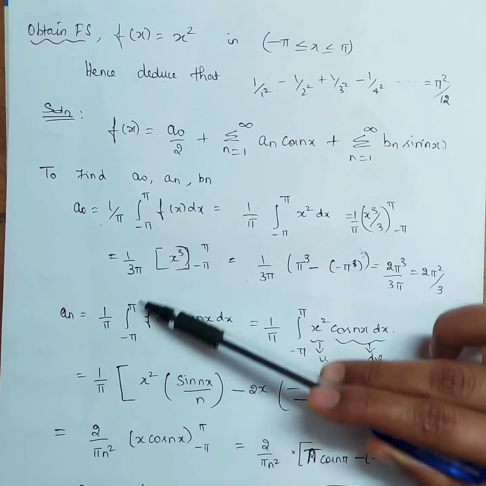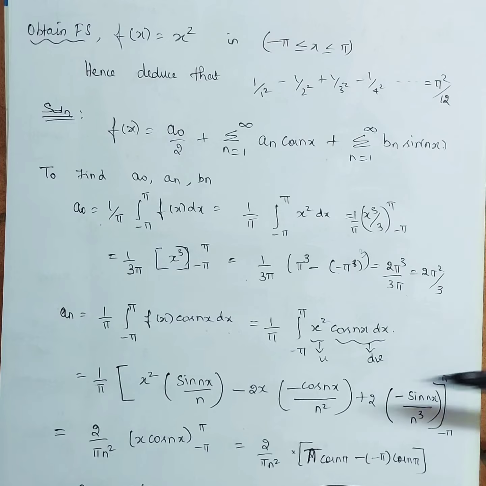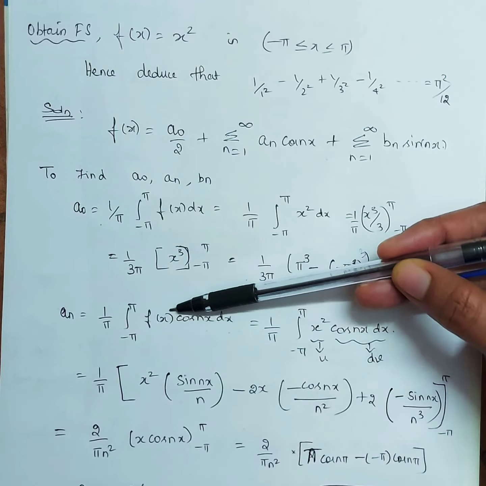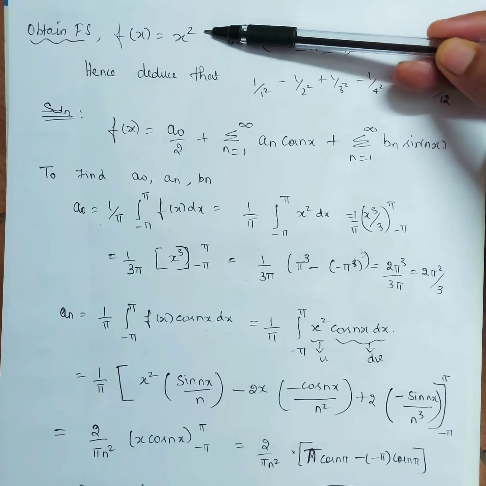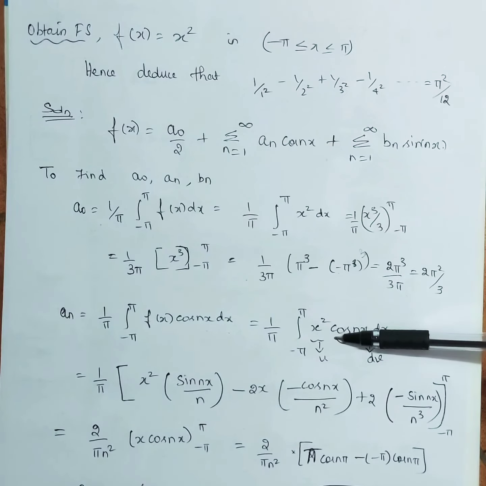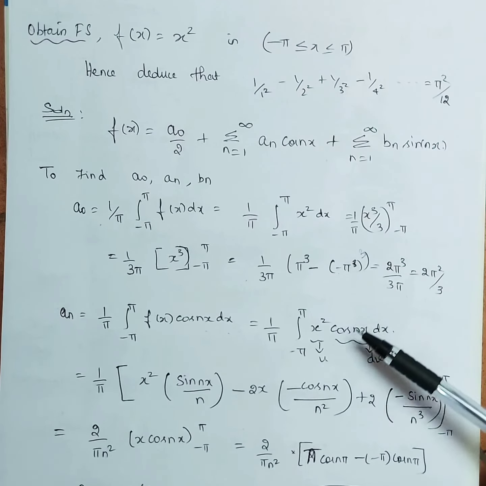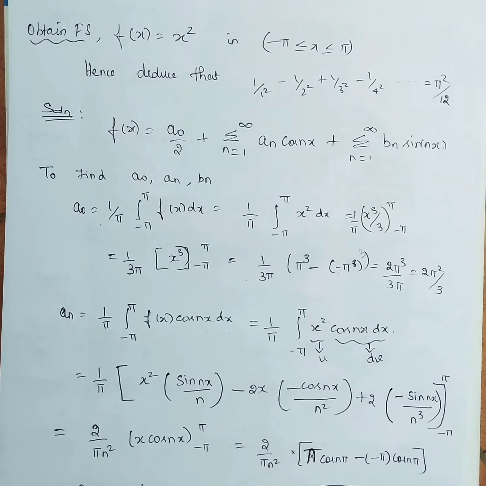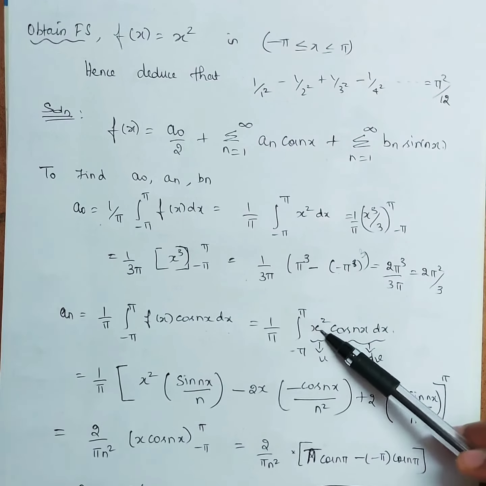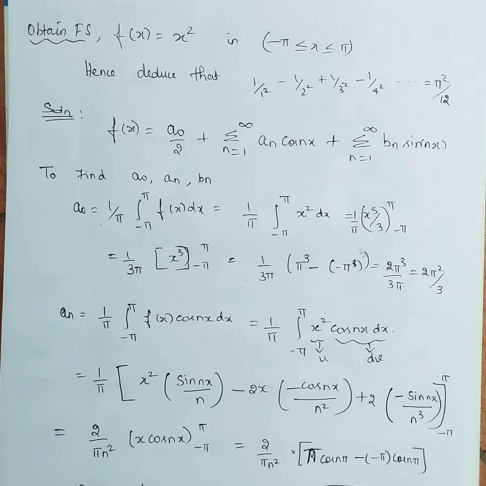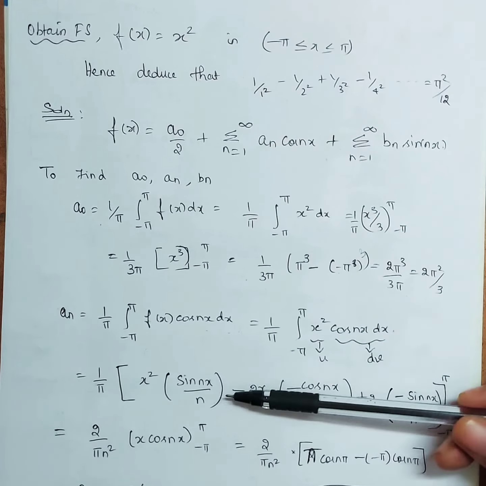1 by pi integral 0 to 2 pi we will write. That's it. F of x. Here my function f of x is what is given in the question. So I have written x square cos nx dx. So the moment you see multiplication and integration, you will think integration by parts. Of course, you can do integration by parts, but since the power is x square, it's great. So it's like you have to repeat twice, thrice. The same thing we'll say that we can solve it by using